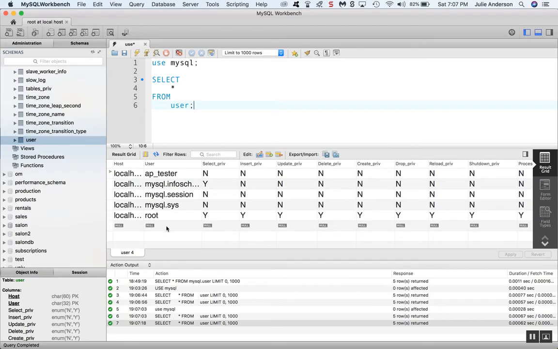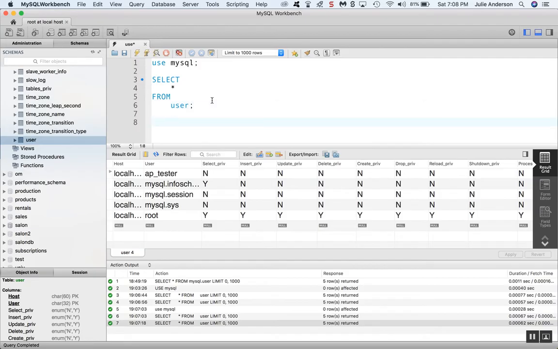Let's see, the output panel at the bottom here. This is what shows up. The action output is what shows up as the default. It displays a summary of general information or errors. It's going to show the time and the action and the server response over here. The green checks show successful actions, and then I'm going to make an actual error here so we can see,